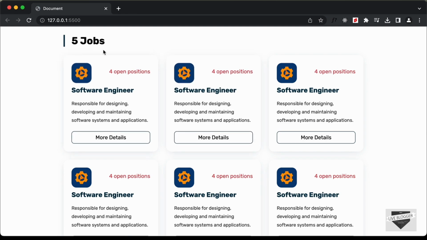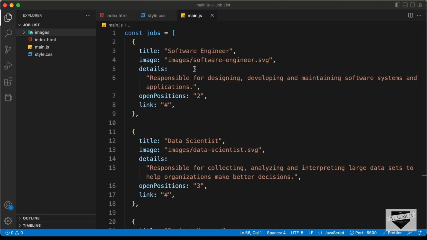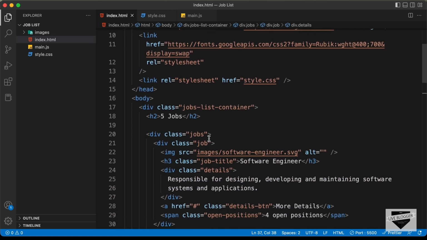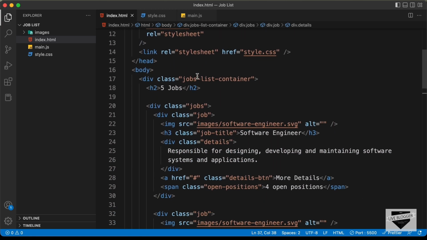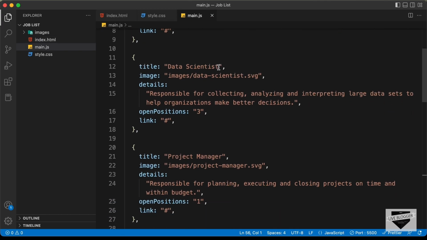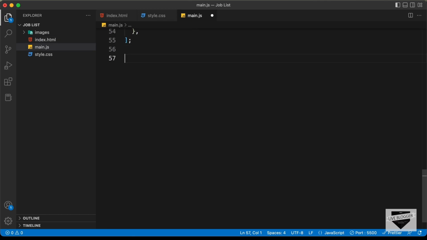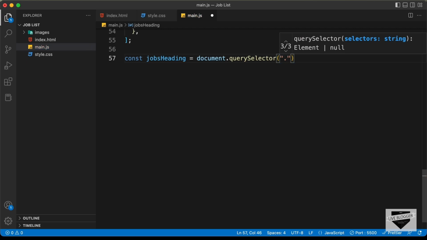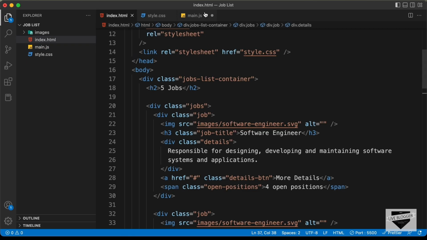Now the first thing we will do is we will fix this number of jobs. So we need to display the correct number of jobs over here. Right now we have just set a random number over here. So let's go back and we need to access the heading. So if you scroll up, here we can see we have this h2 inside the jobs list container. So let's reference this. So here I'll just type const jobsHeading equals document.querySelector, and here let's type jobs list container